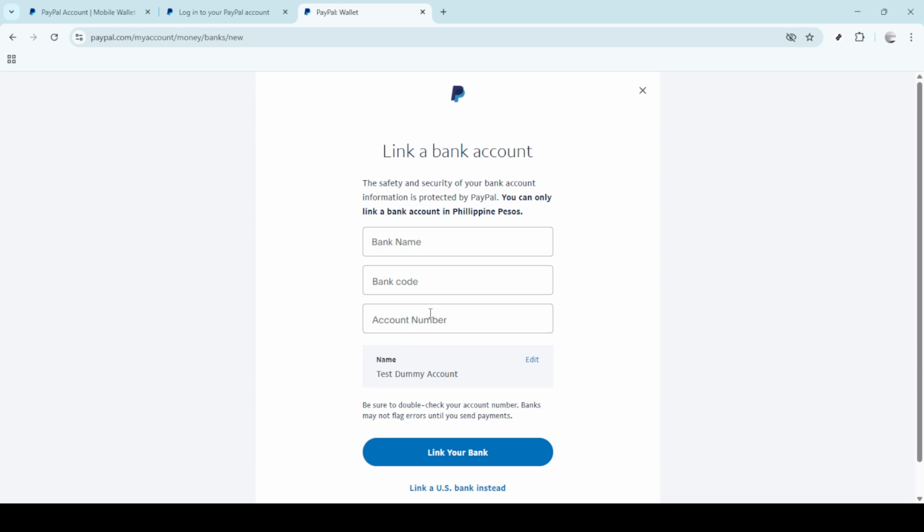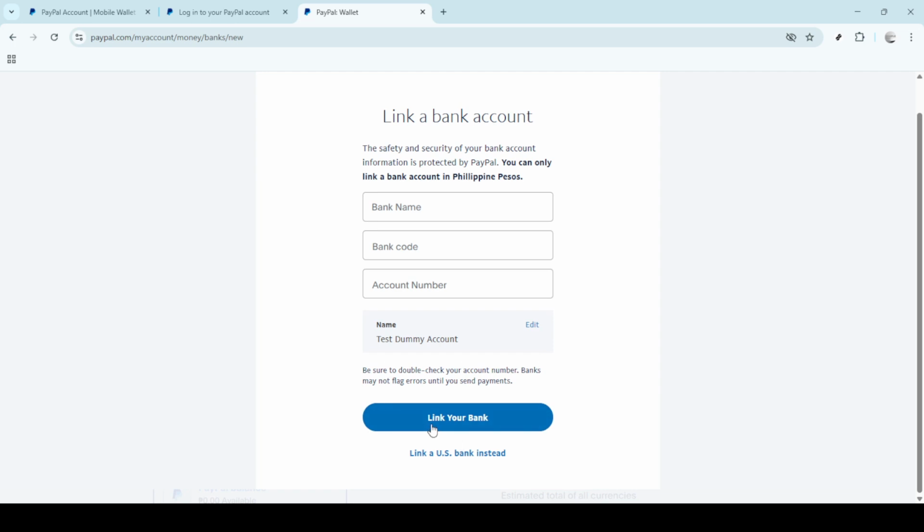Once you've filled in all the necessary details, click on Link Your Bank. PayPal will now verify the information you provided. This process might take a few minutes, so be patient. After verification, you may be required to follow additional prompts or steps. These might include confirming small deposits made by PayPal into your account, a security measure to ensure everything is set